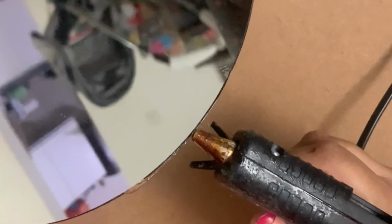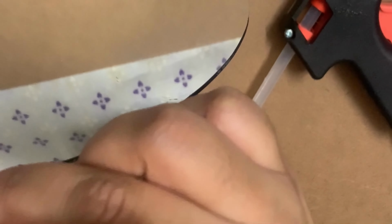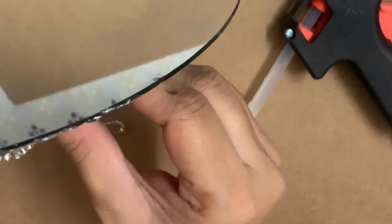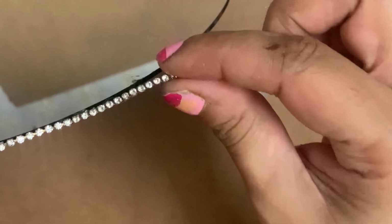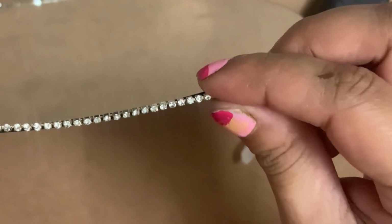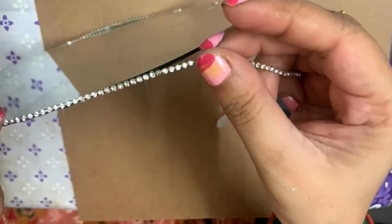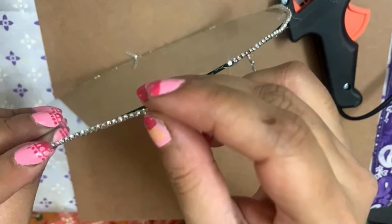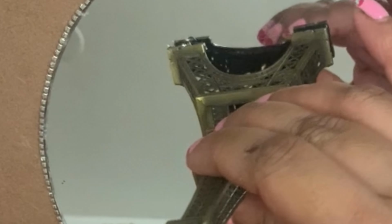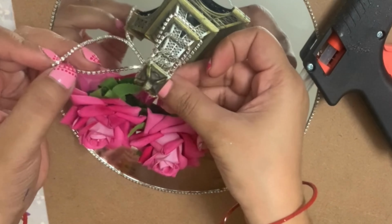For DIY number 3, I wanted to make something different from the decoupage art, and for that I took this round shape mirror and I covered it with this glam chain kind of thing that I'm just going to glue over with the help of hot glue. You can get this kind of chain in any jewelry shop or craft shop, and I'm just going to use hot glue and paint a small Eiffel Tower on the mirror